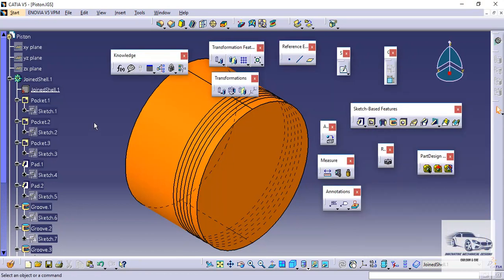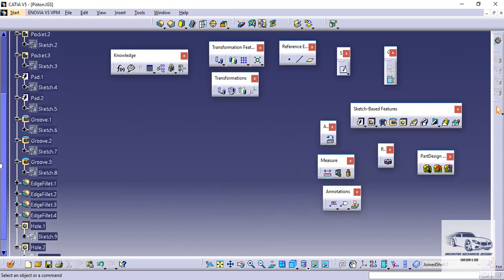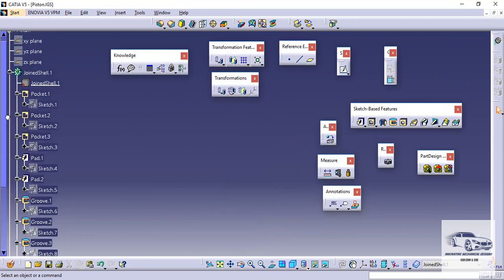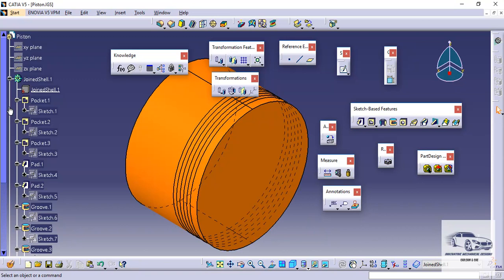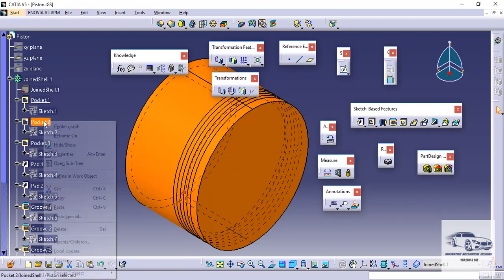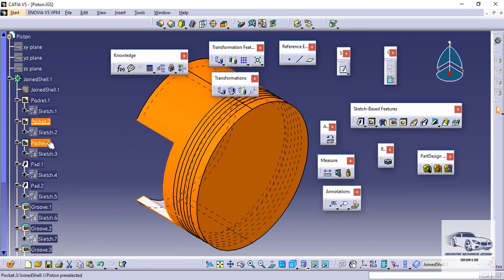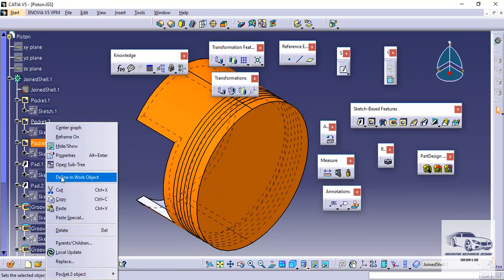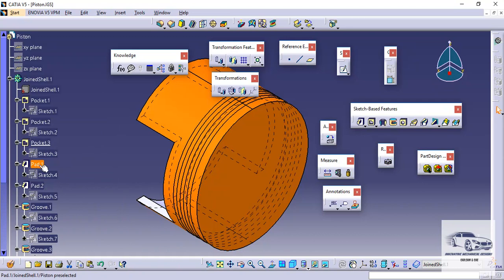Now here we can see the part history has been extracted, but many features are not getting displayed. The reason is that they are by default in a suppressed condition. So to resume them, just click define in work object, and that will make all the features visible in our part history.